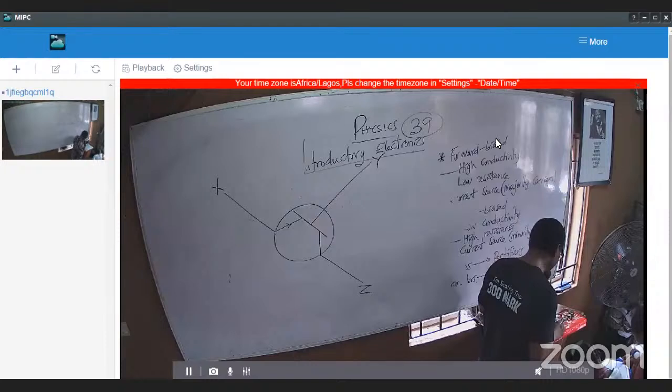That's an oscilloscope. If you go to hospital,